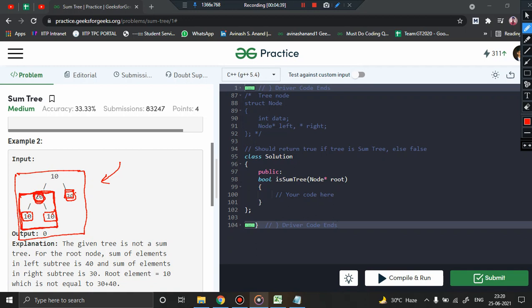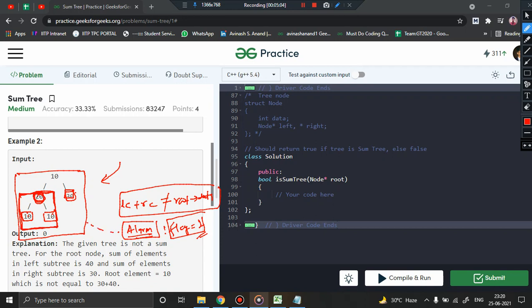In case you find that at any one position, for any one subtree, this case gets violated, that is, if left child plus right child is not equal to root data, you will just raise an alarm. Just kidding. You can raise an alarm in the sense that you can have a variable, suppose flag, and I will say flag equal to 1, which will indicate that there is a problem in this tree and it is violating the sum tree.